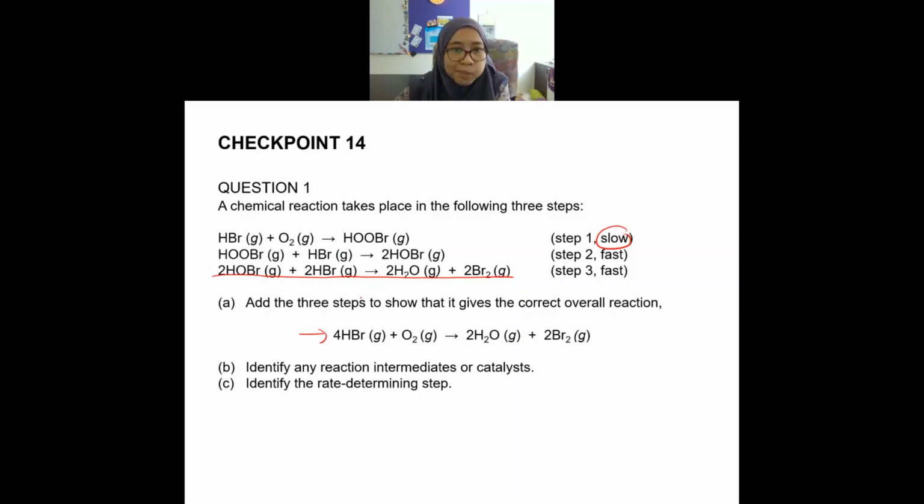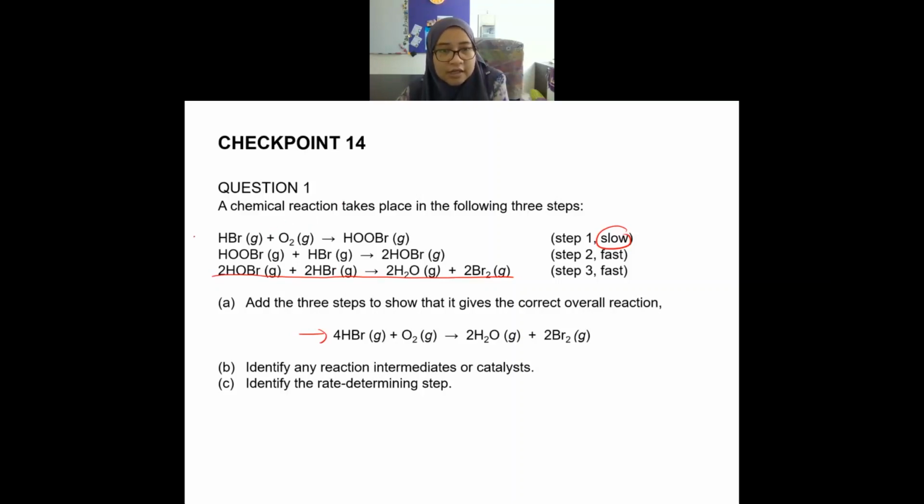No. HBr, no. Okay, I don't think that we have a catalyst in this reaction, because a catalyst normally is placed at